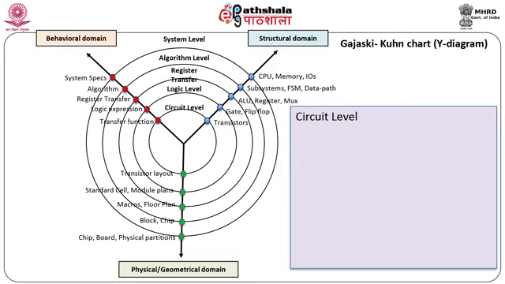Circuit level. The lowest level of abstraction at the innermost layer in structural and geometric domains is the transistor level. At this level, the basic building blocks are transistors, resistors, capacitors and so on. Circuit level in behavioral domain is described by mathematics using different equations. These differential equations or logical equations or even some type of current voltage characteristics diagrams are also used.